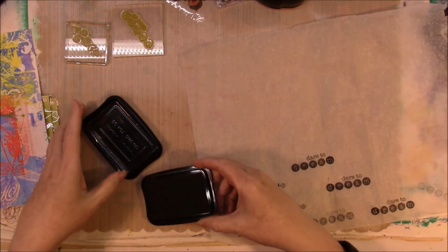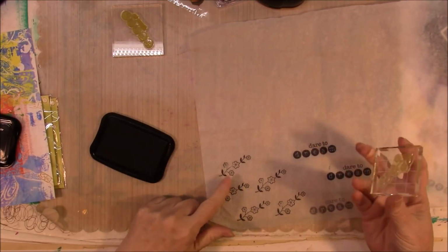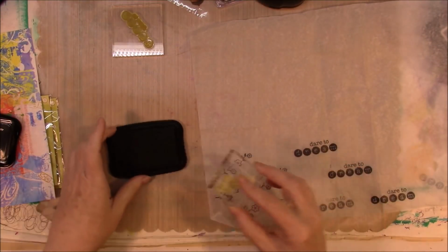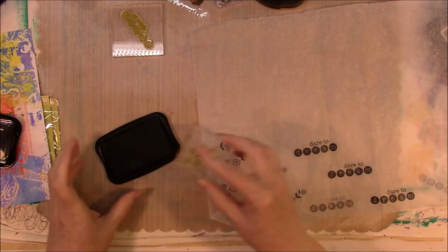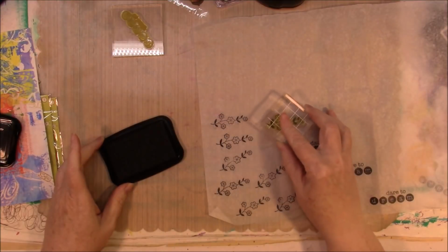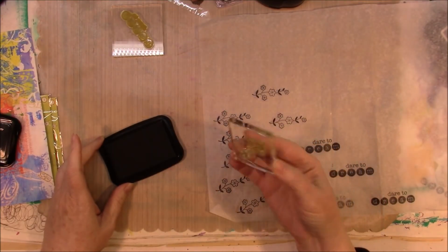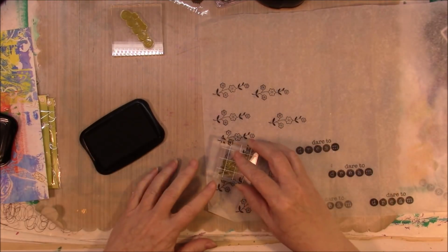And I have this little vine of flowers, whatever you want to call that thing. And I just stamp on the tissue paper. And I do this first because I want to get it dry. So I'm just going to make a whole bunch because, you know. Now, I also might...